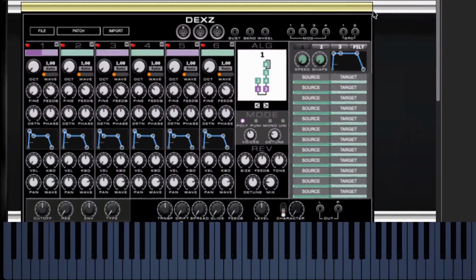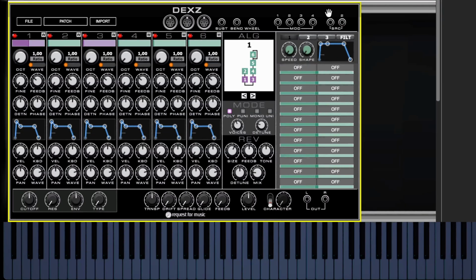I'm going to create a sound, a more complex sound for DEXZ using the newer functions in there. So, first of all, I'll put in DEXZ, and so I've got it here. At first, DEXZ shows me all of this, and of course, I need to hook it up. And I've cut parts of the screen off, so I could put the screen of DEXZ itself in as large